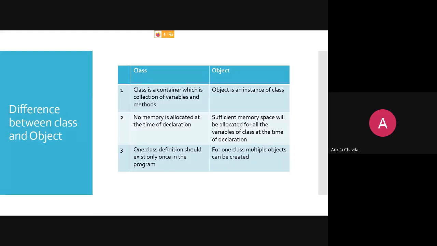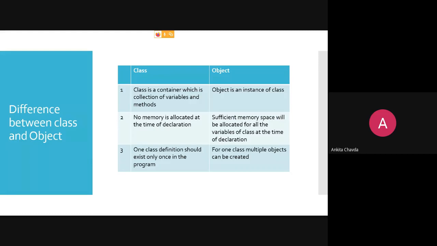And the object is what? It is an instance of a class. So only through the object will the outside world access your class's public members. Isn't it? So it is a kind of bridge between the outside world and a class. You can say the object is an agent, a mediator by which you can access the things of your class. Right?